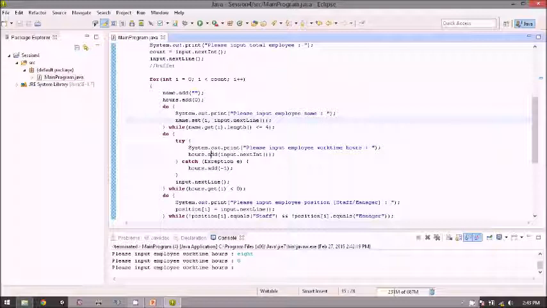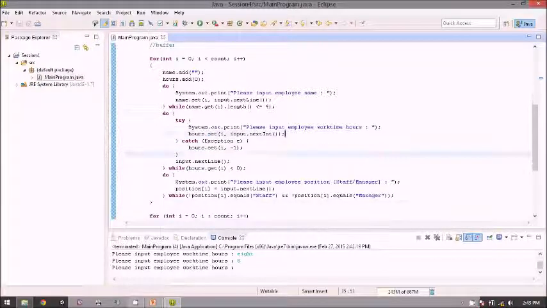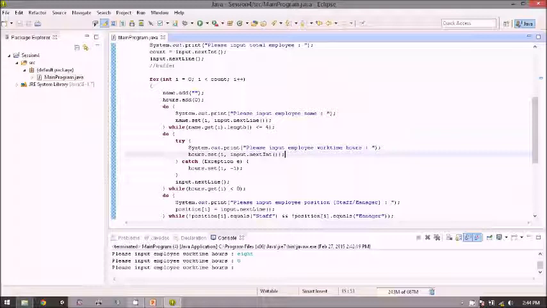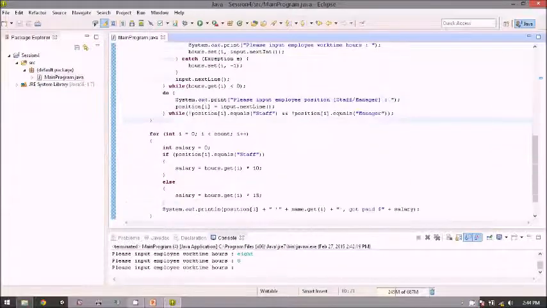So we set this one, set the index of I, and then this one also set the index of I, like this. So it will not add anything even if it throws any error or the input is not right. So basically it's just the same as the change we did to the name vector.